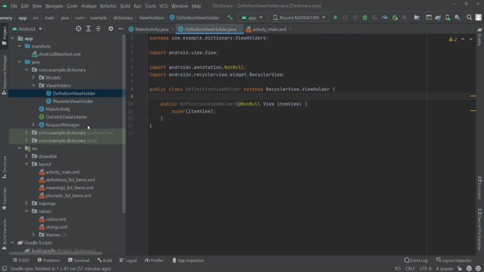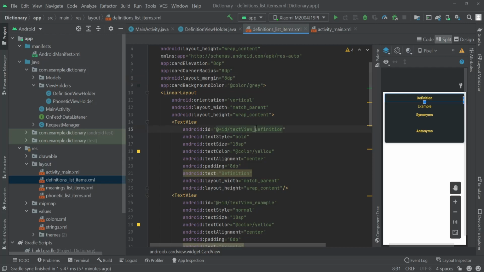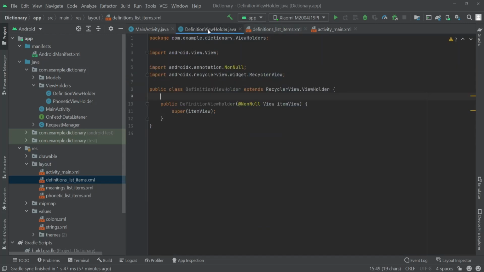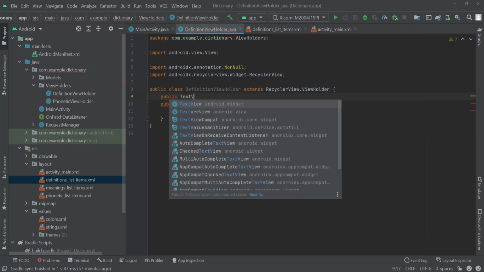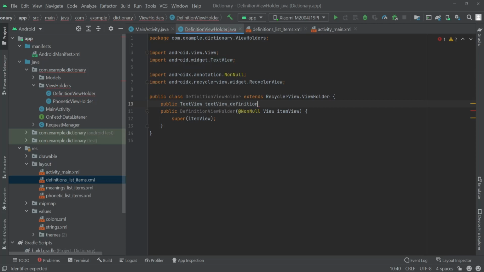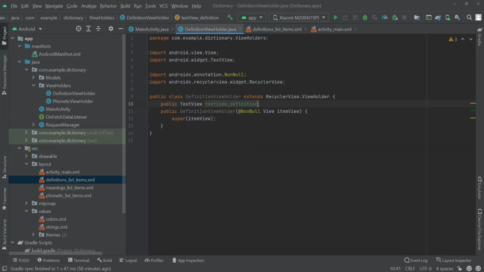Let's open the definition list items here. At first we have the text view definition. I'll copy this, I'll create a public TextView definition. Go back again, we have the text view example also,